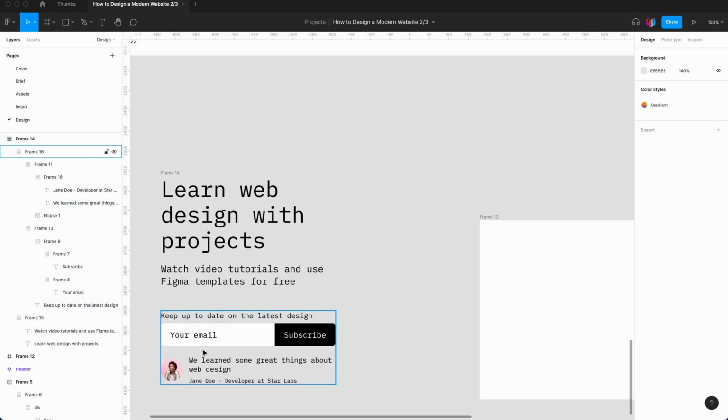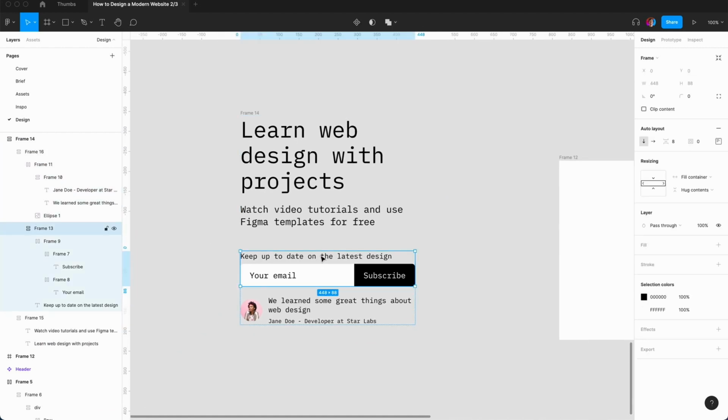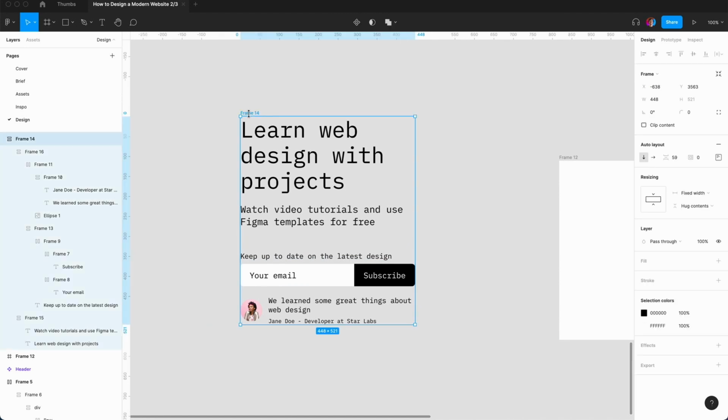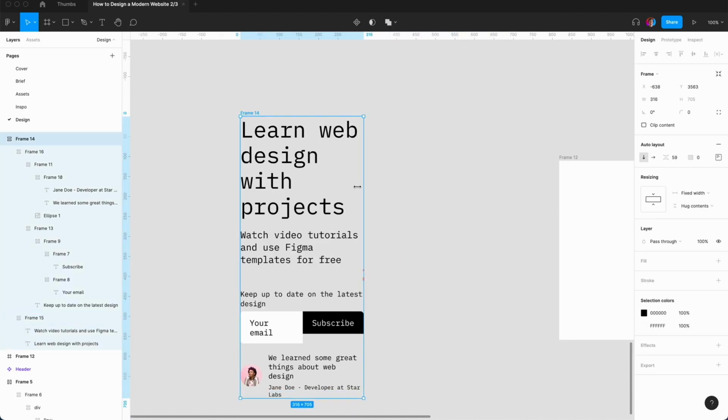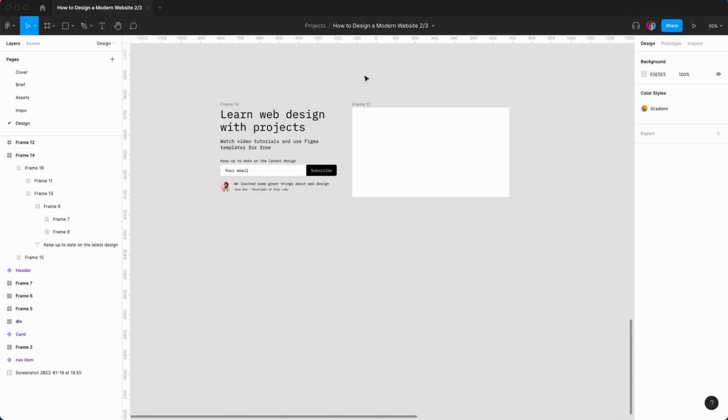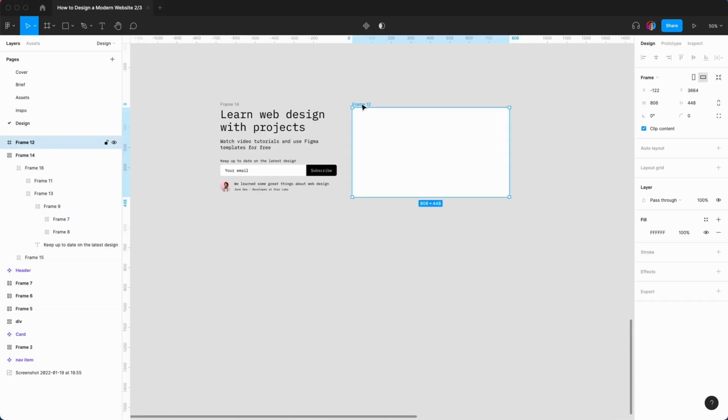And probably the last one that is not flexible is the label. So if I go into the label, I'll also say fill container. And now you can see it's completely fluid. Okay, that is great. Okay, so the next thing to do is to put in an image.